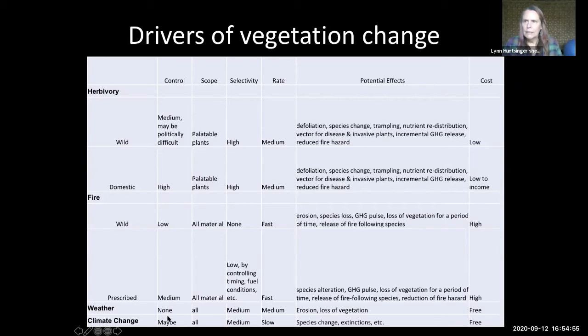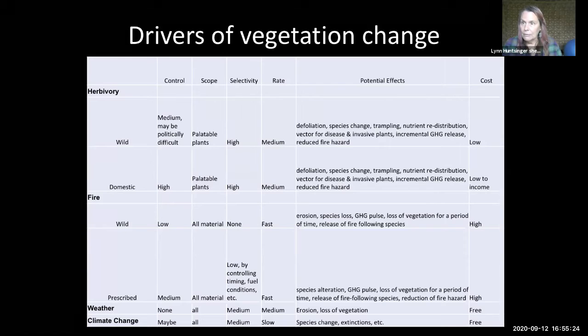Can we prevent and control climate change? Boy, we better figure it out. Of course, the whole world gets affected by climate change. Selectivity for the same reasons is medium, and it's so slow that people are not so aware of it. But events like the last couple of weeks make us aware of it even more. And species change, extinctions, and so on can be caused by climate change. I should add wildfires